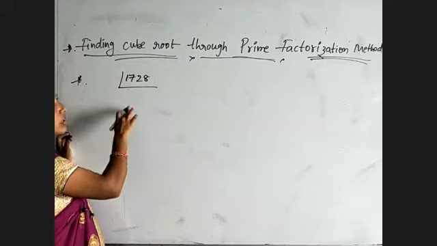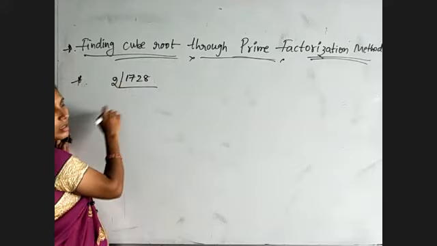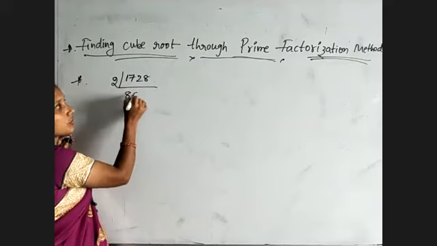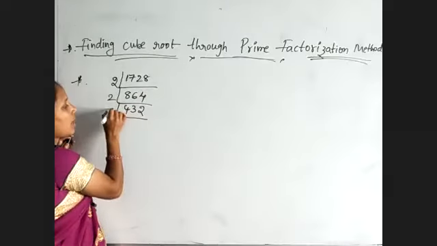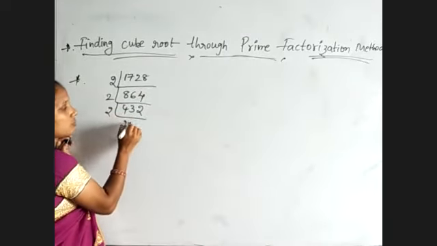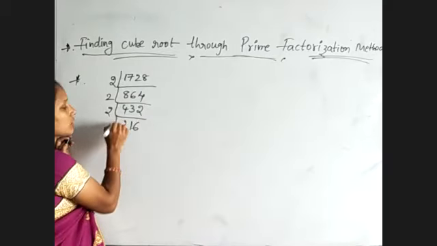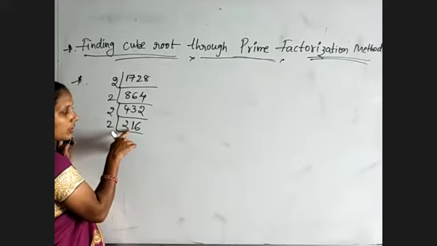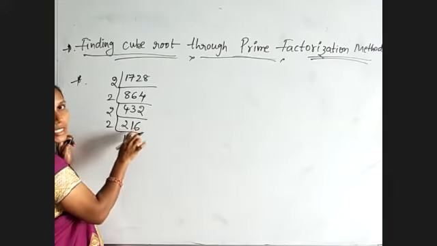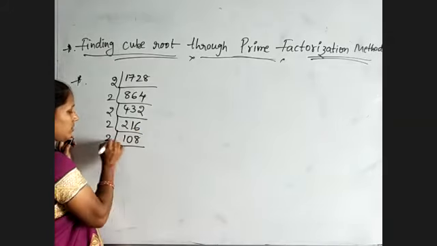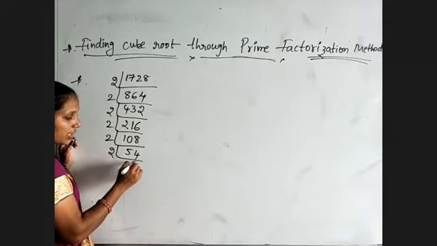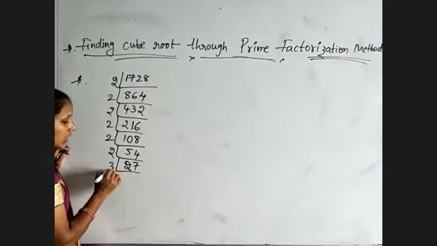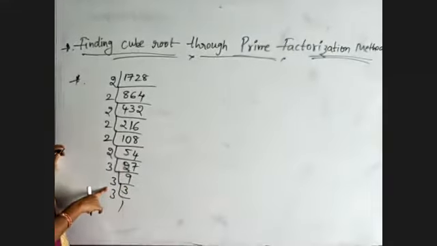So very simple. Because 8 is there, we will go with the 2 tables. 2 8s are 16, 2 6s are 12, 2 4s are 8, 2 3s are 6, 2 2s are 4, 2 1s are 2. 6, 12 is there, so 2 6s are 12. 2 1s are 2, 1 is not sufficient, we need to keep 0 and take 2 digits, 16, 2 8s are 16. 2 5s are 10, 2 4s are 8, and 2 2s are 4, 14 we got, 2 7s are 14. Then 3 9s are 27, 3 3s are 9, 3 1s are 3. 27 is the perfect cube of 3.